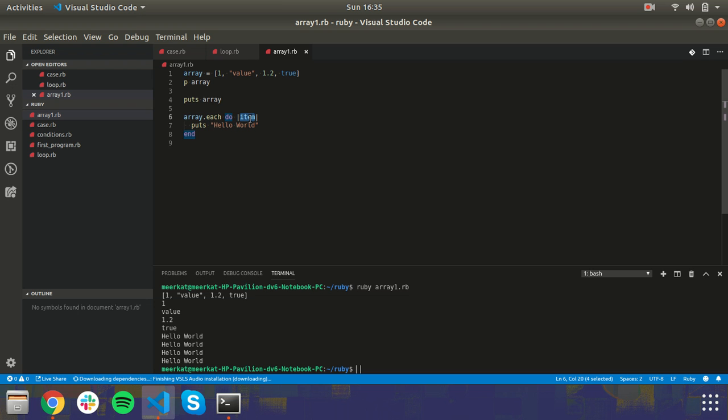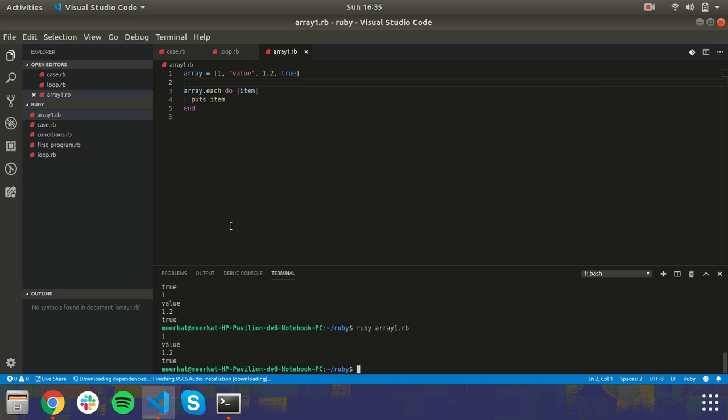And within this pipe symbol. Now what we can do is output this. And this is how you iterate through an array. Also there's another way you can do it. There are multiple ways, but I want to go through the for loop because we haven't used a for loop before this, right? So in a for loop we have the for keyword, and then we have an element, which is basically this, right? For element in array, right? For each element in array actually. Okay, for each element in array,